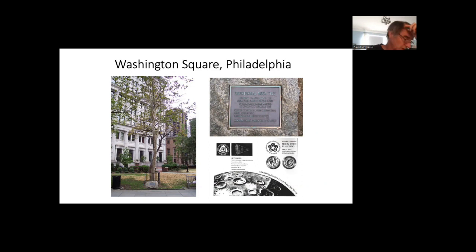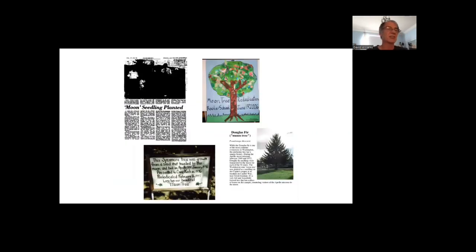There was a library in Washington Square, and they had saved this stuff, and they sent me copies of what they had, and people went to it and said, oh, I saw the moon tree in Washington Square, and here's a picture that I took. And so I basically made the moon trees and this, and I'd get this information from all sorts of sources. People would send me a clipping because they either remember planting the moon tree or whatever.